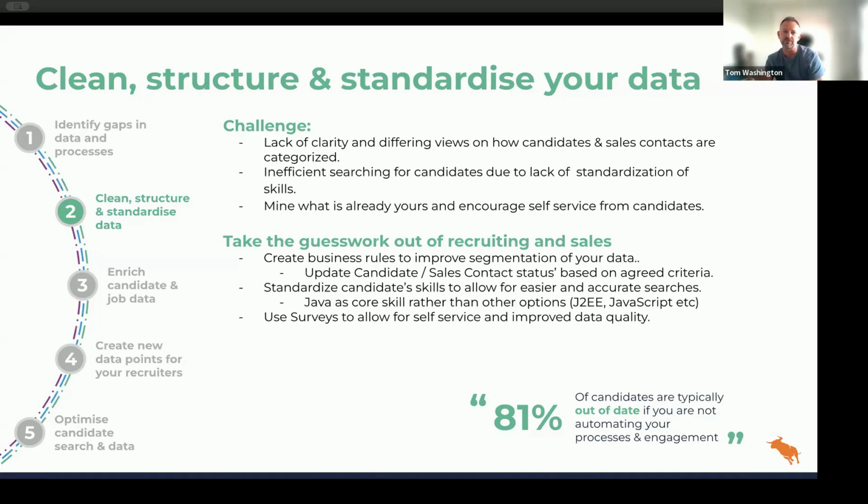So if you have these multiple skills, you may just want to consolidate them all under Java, just to make sure that those candidates are more easily accessible to your recruiters. And again, that's something you can do. You can update using automation to help you do that, and just have some uniform skills across certain disciplines in your business.